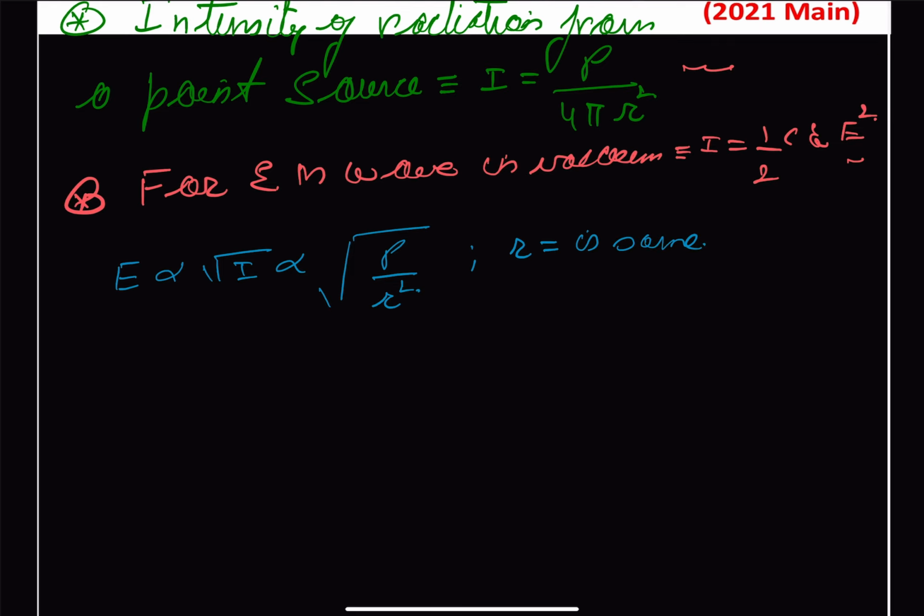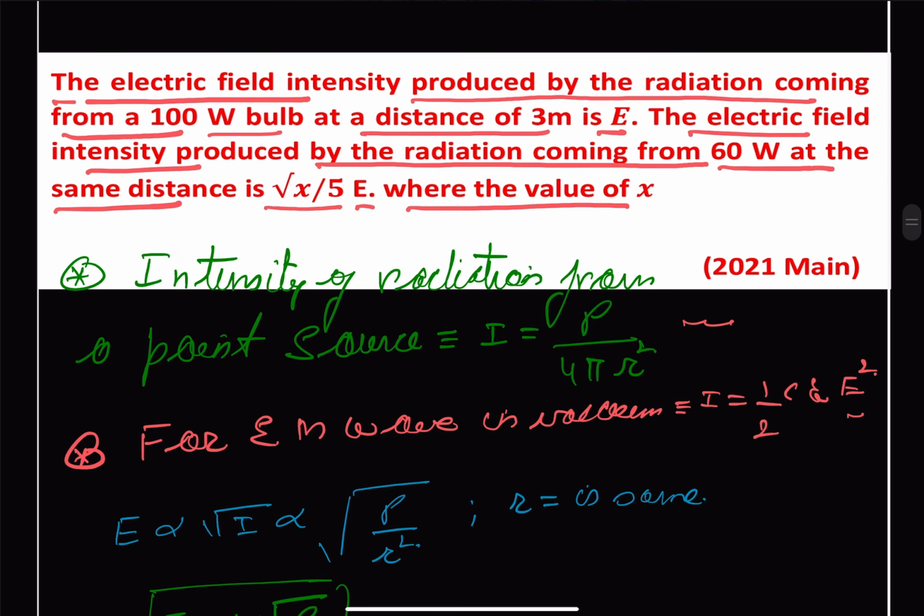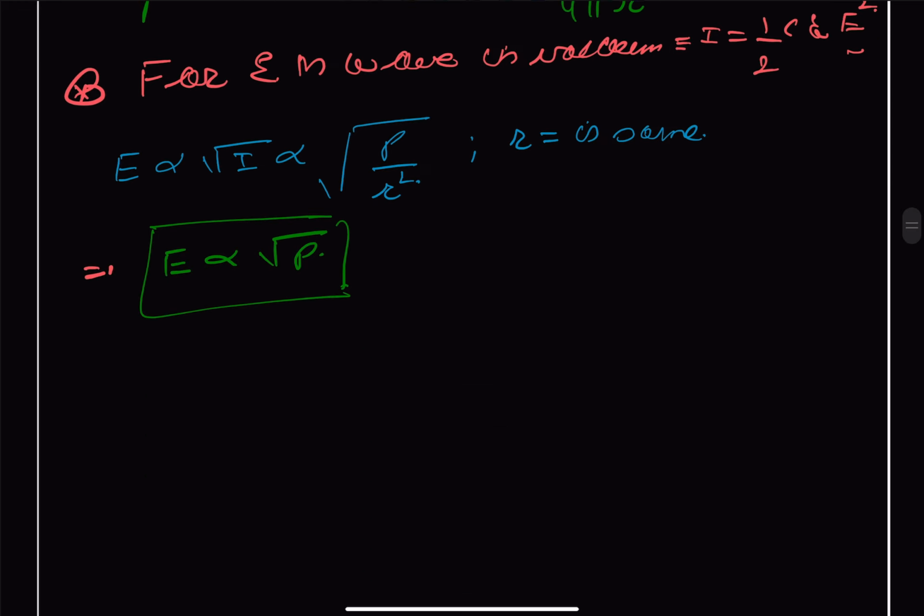Therefore, if r is the same, we can say that the electric field is proportional to the square root of P. And we have to find out their ratio. In terms of E it is given, so it's quite easy now. First it is given as a 100-watt bulb. Therefore, we can say that